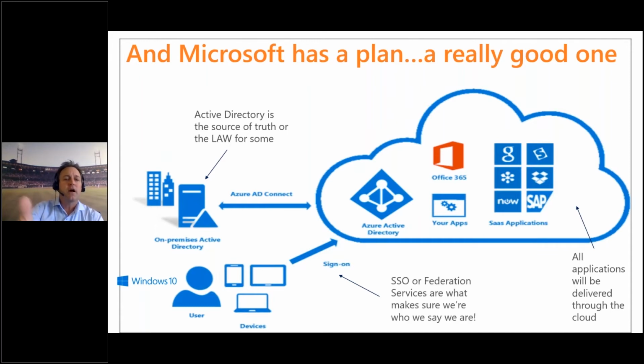And then, of course, we talk about this idea of single sign-on or federation services, which that SSO or single sign-on conversation has been like the term for the last 5 or 6 years. All that means is that when Sean Ferrel or Janelle Mott or Petra or any of us log onto a computer, all the computer's looking to figure out is that we are authentic, that we're connecting in correctly, we have the right information, the policy, security, all that stuff. And these federation tools or SSO tools, what are called Active Directory Federation Services or OneLogin or Okta or whatever one you decide to buy,